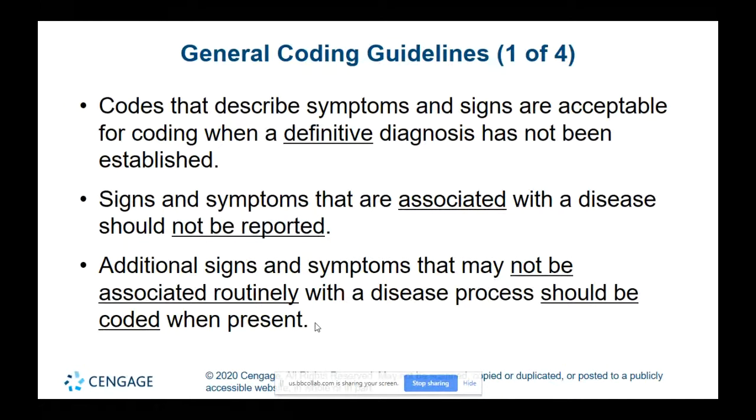Additional general coding guidelines. Codes that describe symptoms and signs are acceptable. So if it doesn't have a specific diagnosis, you can just code the symptoms and the signs that are associated with that if a diagnosis has not been listed or is not established. That is okay to do. If something's not specifically listed, you can code just the symptoms of it. However, if signs and symptoms are associated with the disease and that disease is listed, then you do not report those signs and symptoms. So for example,